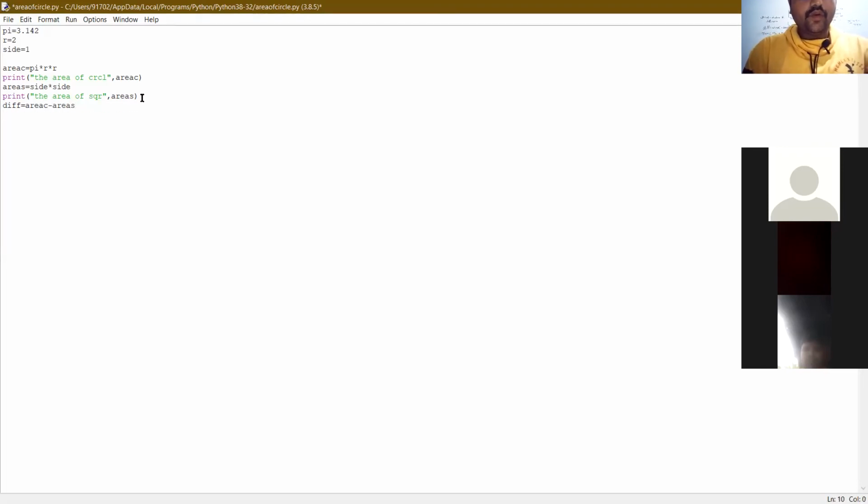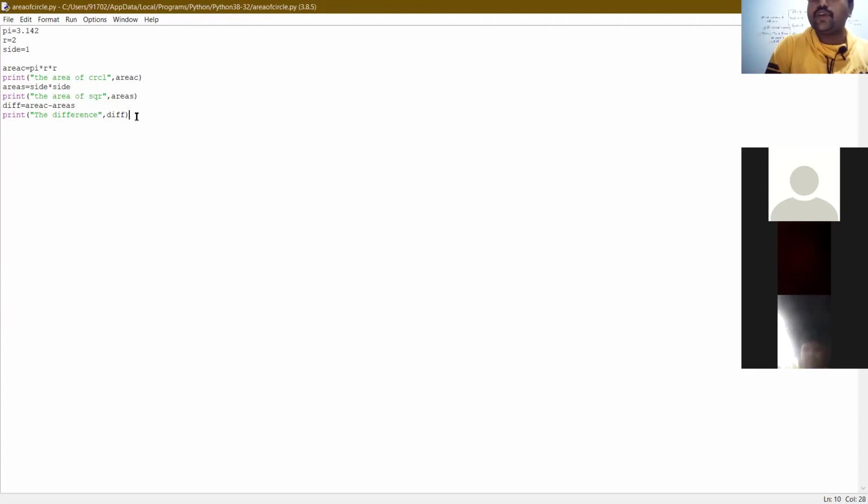Now print the difference, that is DIFF. Now it completes. Control S. So now how to run this program, sir?